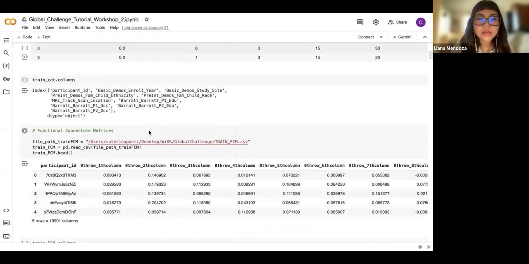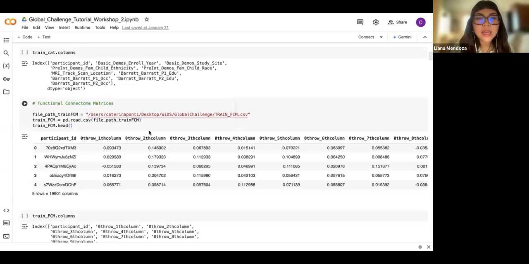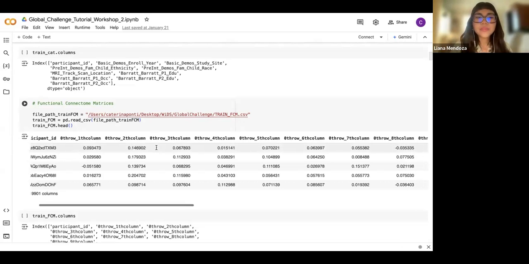And then next are the functional connectivity matrices. I know that as you can see, when it's loaded in, it can be overwhelming to see it individually in columns or in rows. Kylie will actually be talking about how this is integrated, or merged into our data sets with both quantitative and qualitative variables. So just a brief overview of what FCM is: functional connectivity matrices refer to how different brain regions interact as measured by the correlation between activity in paired regions.